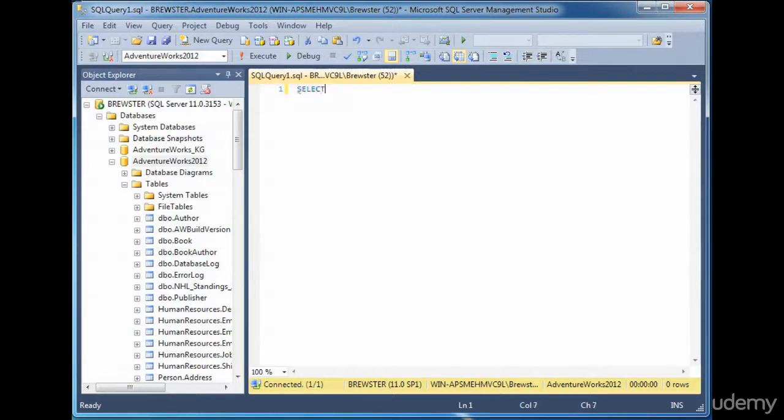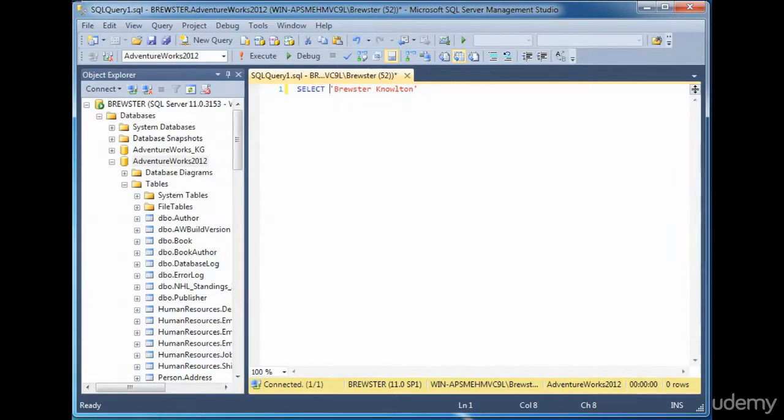So all select statements start with the select clause, which you'll notice once I finish it, it turns blue when I finish typing it. That's a good sign. That means that this word that we've typed is a reserved word by SQL Server, and that's usually telling you that you did something right. So we type select, and then we said we're going to write our name. So I'm just going to write my name. You'll notice